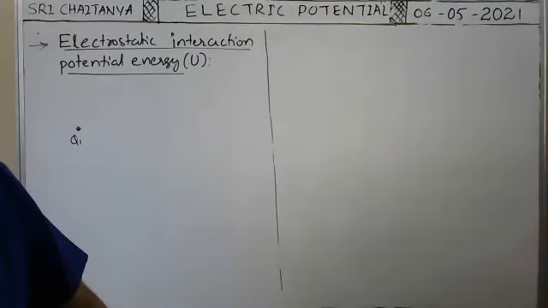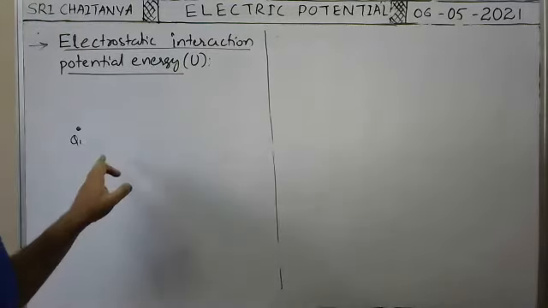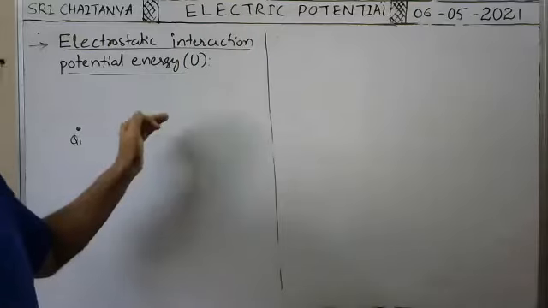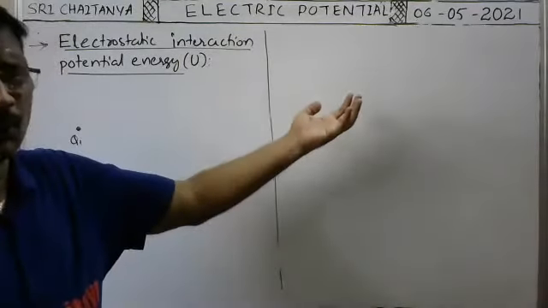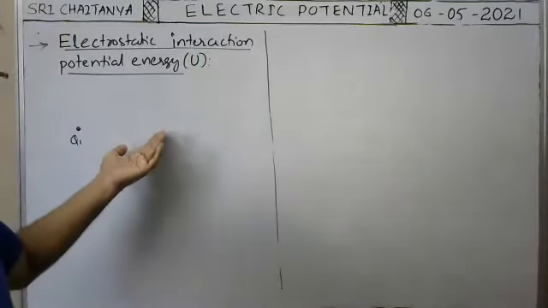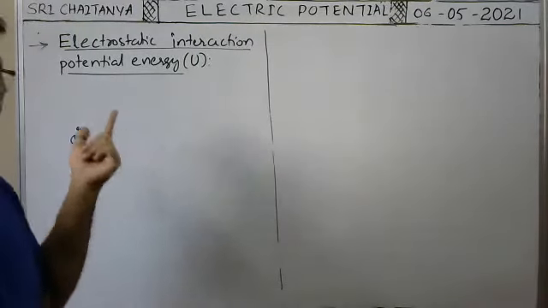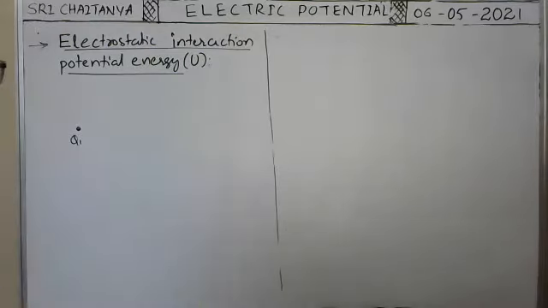To be done or not to be done? Already one charge is here. Electric field is formed around them. Now, to bring another charge Q2 from infinity to a certain point in the electric field formed around this one, is there work to be done? Yeah, to be done. Right.